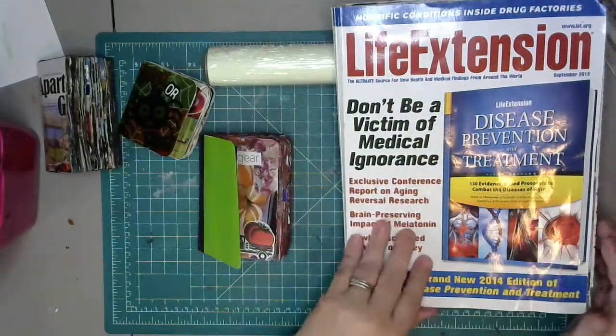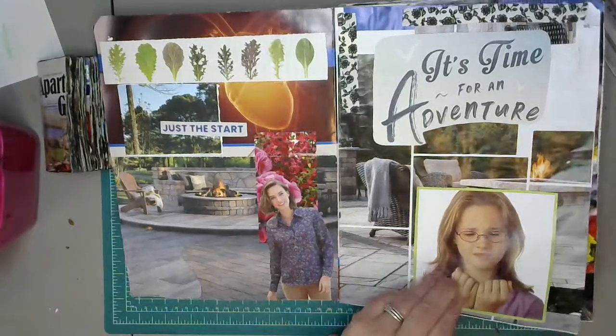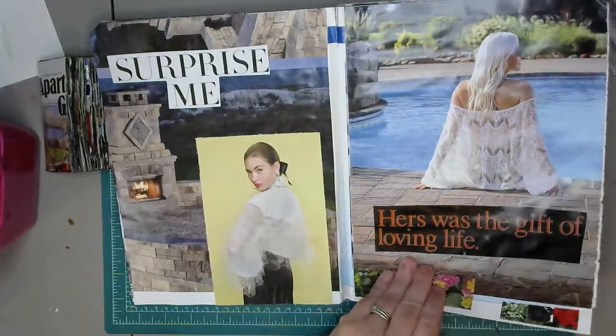Oh yeah, I was going to flip through this one. Let's flip through this. I can do a few minutes. I had begun to start to finish this one up. So,